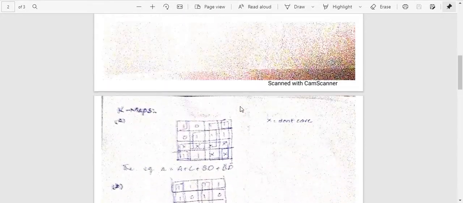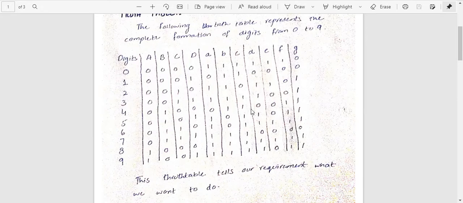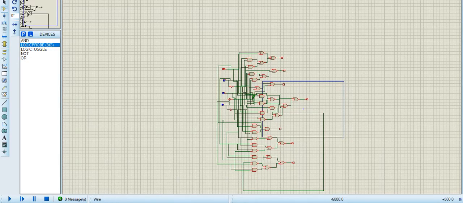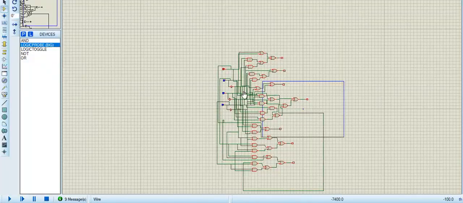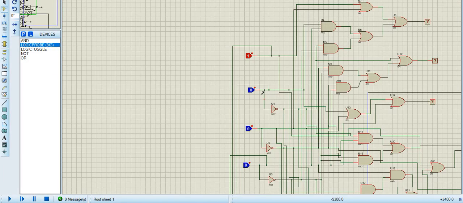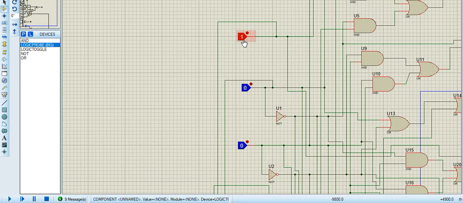Heading towards our truth table, we will apply random inputs so that we can verify whether our digital circuit works or not. We will draw 4, so we need to apply 1 at B and zeros at the other inputs.